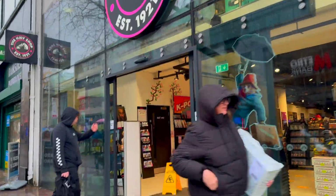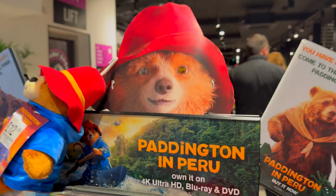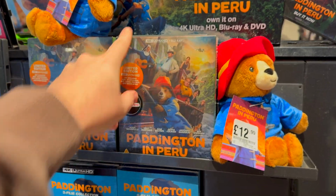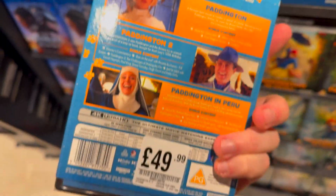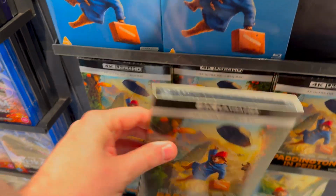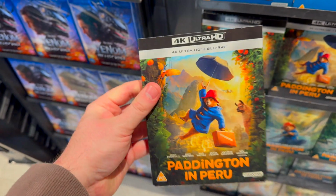The weather's drying up a little bit. Obviously Paddington being the new release from last week, front and center here. I really like Paddington in Peru. I liked all the Paddington movies, to be honest. They are really good. This Paddington 3 movie collection, nobody really spoke about this last week, but the Paddington first movie, this is the only way you can get it on 4K. They haven't released Paddington 1 on a standalone release, which is unfortunate to us people that have already collected Paddington movies. So yeah, I will be getting the third movie, but I'll wait to see